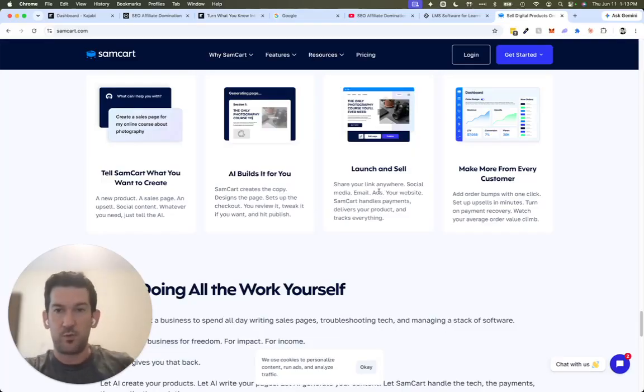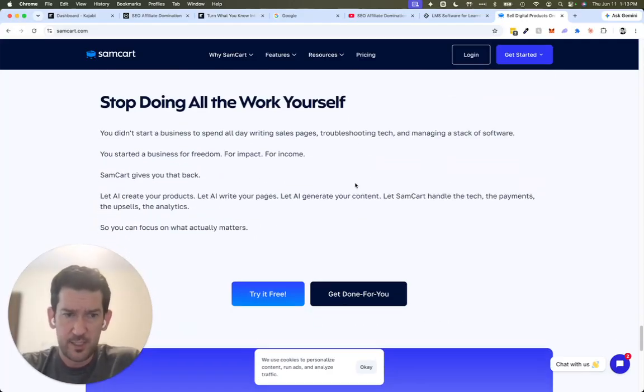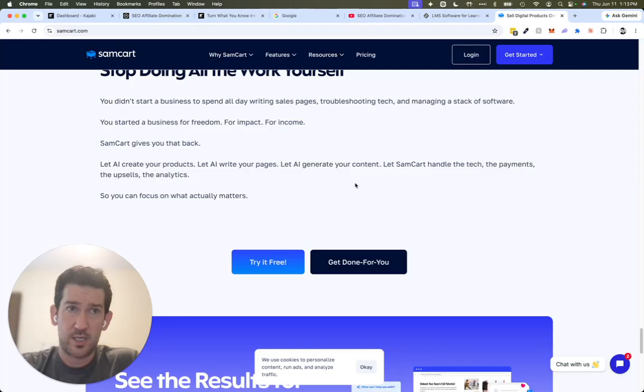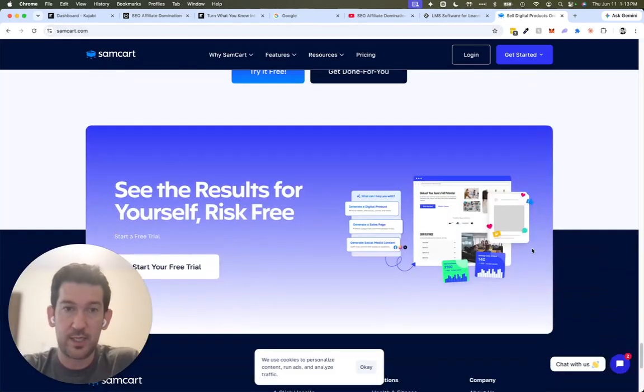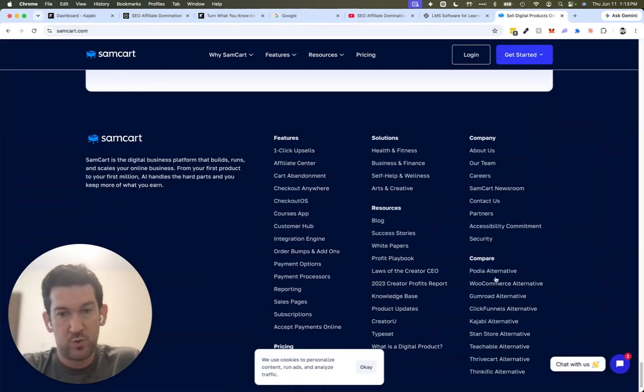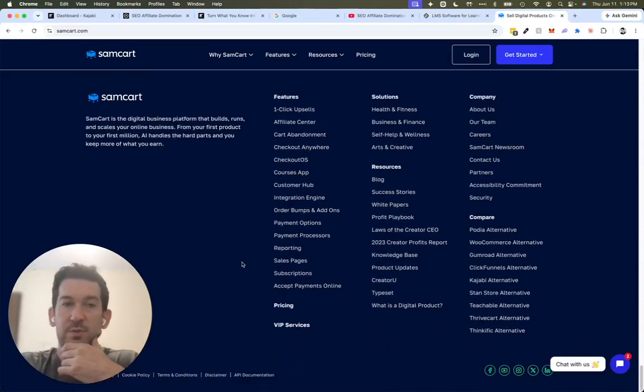And it can be a win-win situation. And then it's a win for SamCart as well, because they've developed this awesome software, and it's a recurring software, so they obviously want you to be a customer as long as possible. So that's a really crucial thing that I believe some of these other all-in-one platforms are missing,